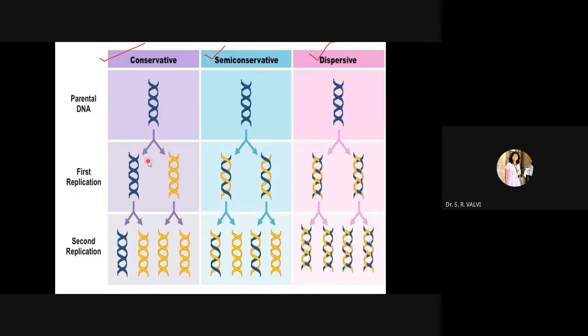So in case of conservative and semi-conservative, what we have observed is that the entire strand is either parental or the entire strand is newly synthesized. But in case of dispersive, both of the strands are made up of new and old DNA strand, right? Here there is no question of an entirely old or newly synthesized DNA strand. As this is present in a patch-like manner, this replication is called dispersive type of replication.